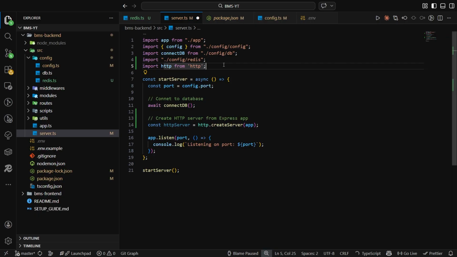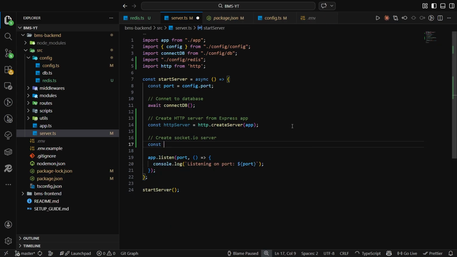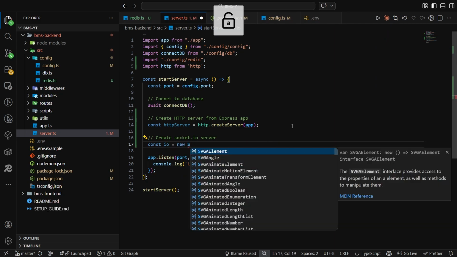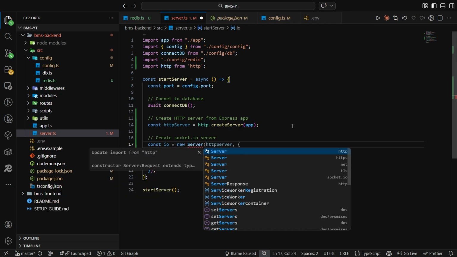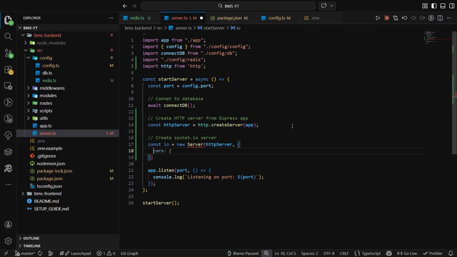Okay, now here I need to create the socket server. So just write here const io equal to new Server, and inside this just pass the httpServer, because I want to run Express and socket on the same server. Okay, so just write like this here. We need to import this Server